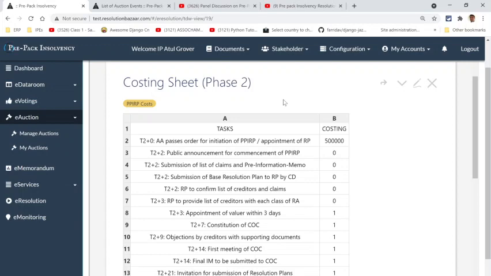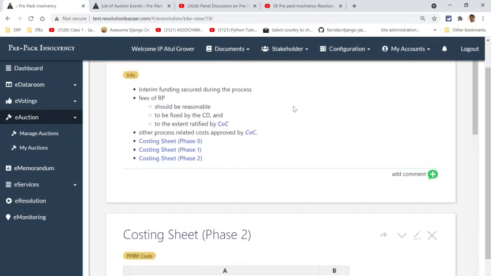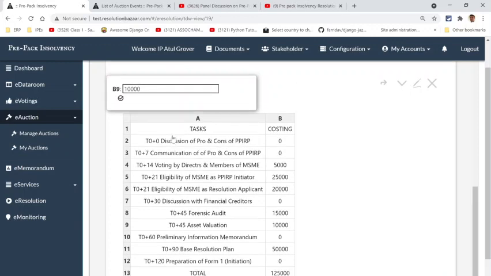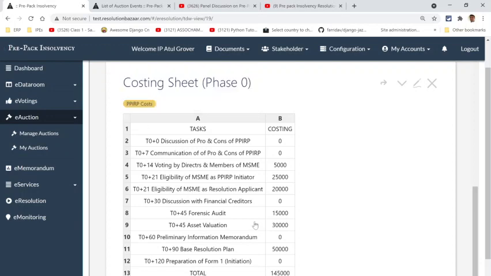So assuming you have at least land and building, plant and machinery, and you will have some financial assets, you will have to have six valuers coming here. In which case, in our previous case, I think I made a mistake. In phase one, when we looked at asset valuation, we are going to look at three valuers here. So assuming they are going to charge us 10,000 each, it will be 30,000.